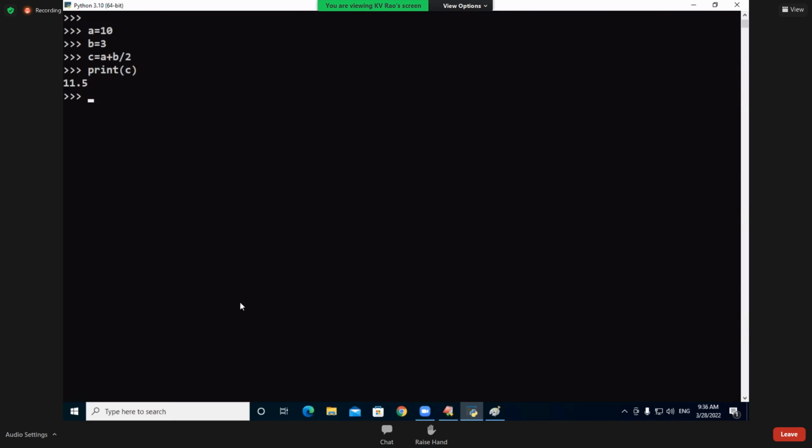Whatever logic you have written, PVM will give you the result. It can't know that A plus B should be in brackets. That is according to our statement, he wrote like that. One more person wrote C is equal to A plus B by 2 and print of C, and the answer 6.5 is coming. Both the answers may feel correct, but according to the given statement, you have to understand the representation of the formula. Understand, students?